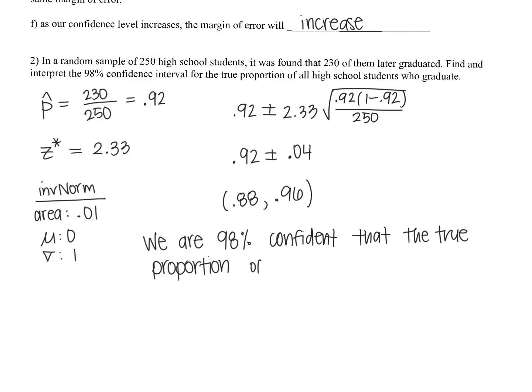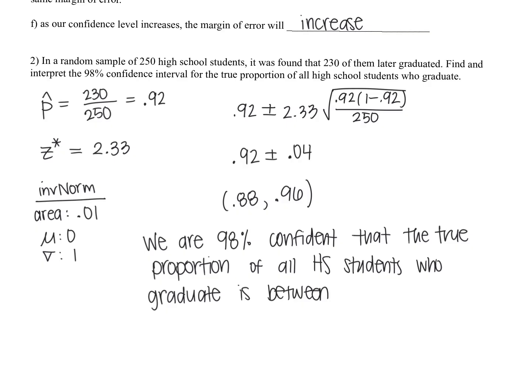So of all high school students who graduate, is between, and then you can convert it to a percentage or you can leave it as a decimal. So 0.88